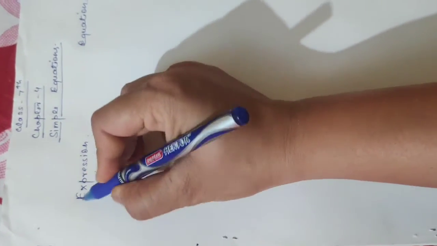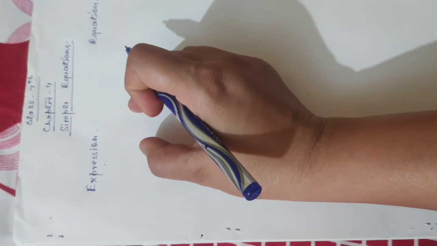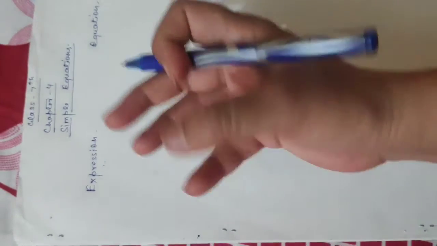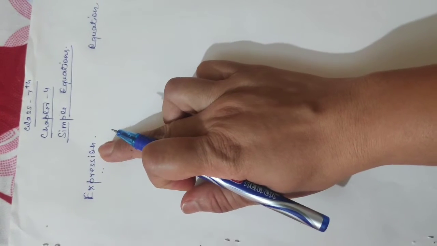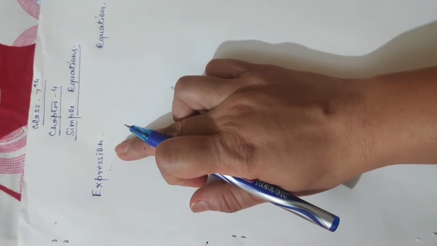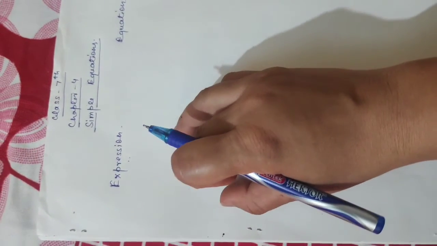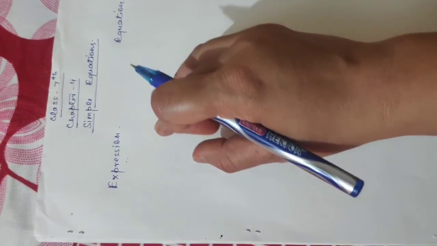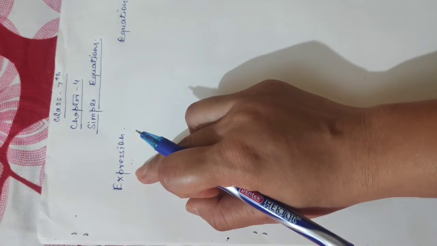Clearly, the word expression means just like we express our views in any language. Just like if you have to say something, you use some language, Hindi or English or any other language. So to express our views, we use what? We use expressions. And similarly, in a mathematical way, if we have to express something, we use numbers, we use symbols, we use the signs. So if we are expressing our views in a mathematical way using numbers and mathematical operations, then it is known to be an expression.